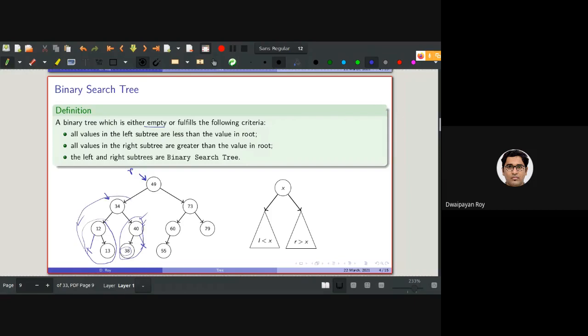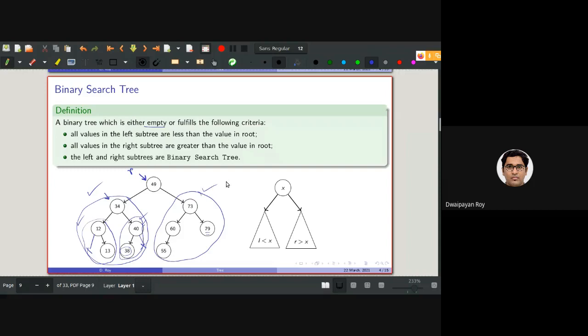And if I consider the whole left subtree of the whole tree, the root containing 34 is greater than all the nodes stored in the left subtree and less than all the nodes stored in the right subtree. So this is again a binary search tree. That condition is satisfied for the right subtree of the whole tree as well: 73, left subtree containing 60, left subtree containing 55, and right subtree of 73 containing 79.